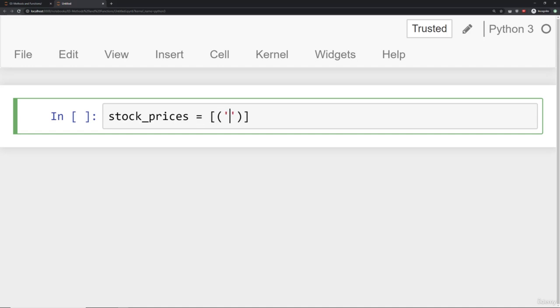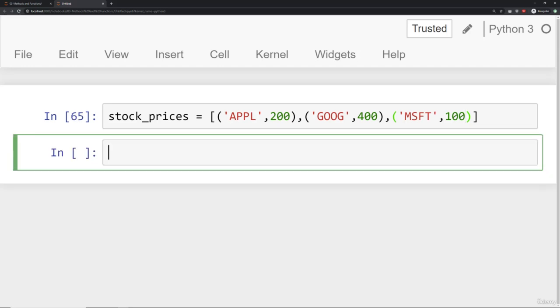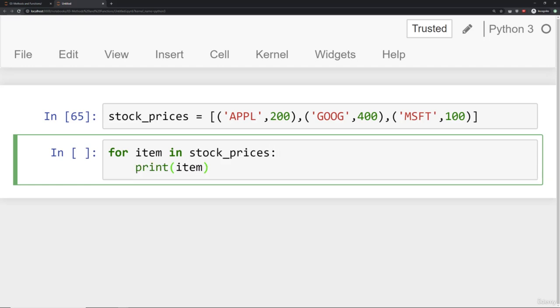What I'm going to do here is the first item will be a ticker and then that stock's price. So we'll say Apple is at 200, and I'm just completely making up these numbers. Then we'll say Google is at, say, $400. And then finally, we'll say Microsoft, $100. Okay, so we already know that I can actually say for item in stock prices, print item, and it